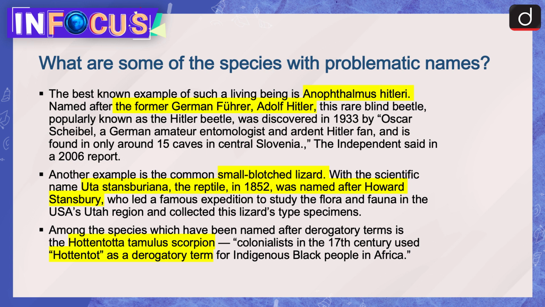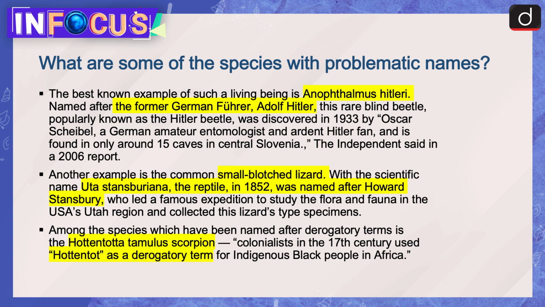Now let's discuss what are some of the species with problematic names. The best known example of such a living being is Anophthalmus hitleri, named after the former German Führer Adolf Hitler. This rare blind beetle, popularly known as the Hitler beetle, was discovered in 1933 by Oskar Scheibel, a German amateur entomologist and ardent Hitler fan, and is found in only around 15 caves in central Slovenia, The Independent said in